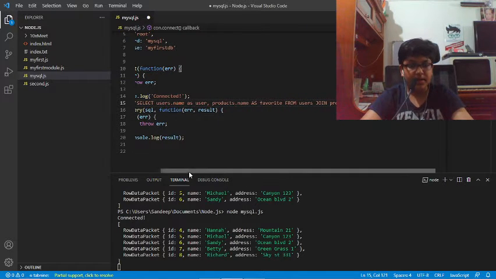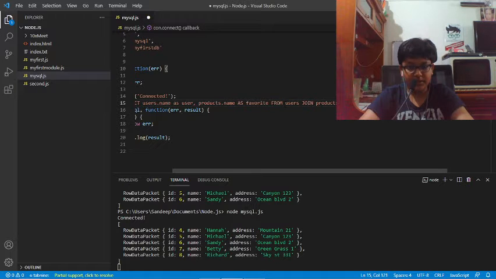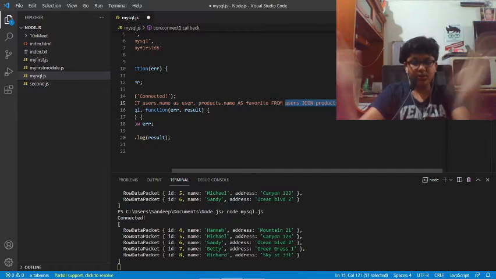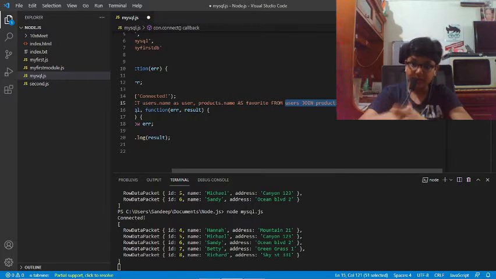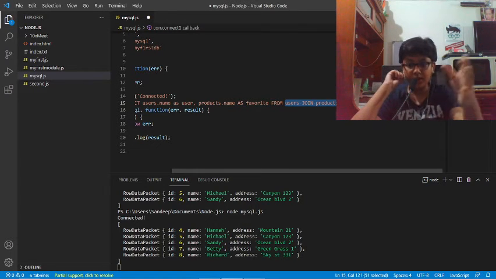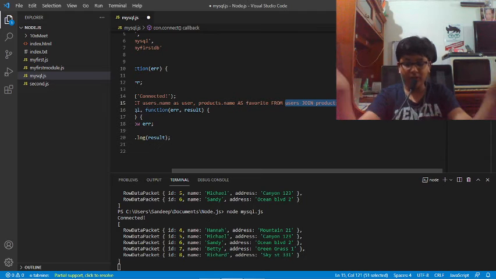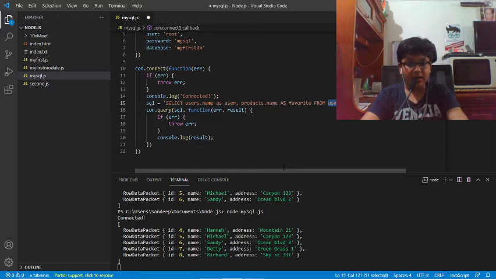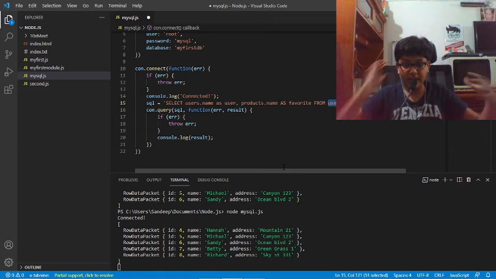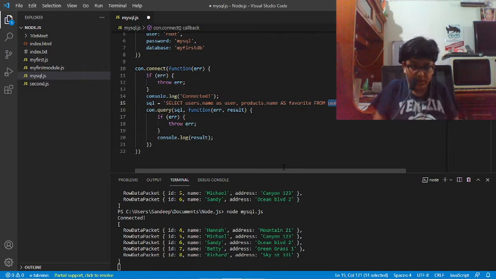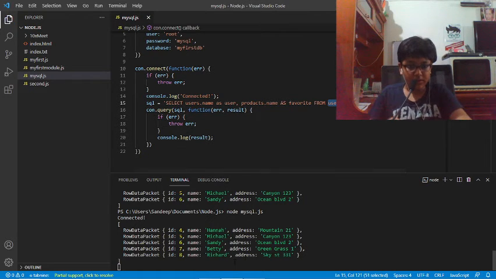products.id. For the final time I'm repeating this, so let's just see this part first. Users join products is creating a new table for us, and it is saying join the users with products on users.favorite. So wherever it finds users.favorite equals products.id, it will add both records in one record. After every record has been added together, it is saying select the users.name as the user and products.name as favorite, right? So now if we run this,